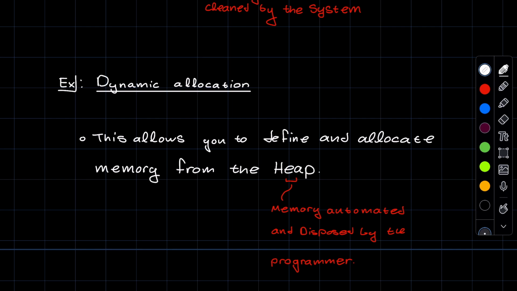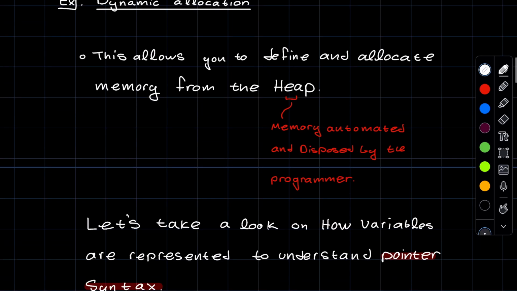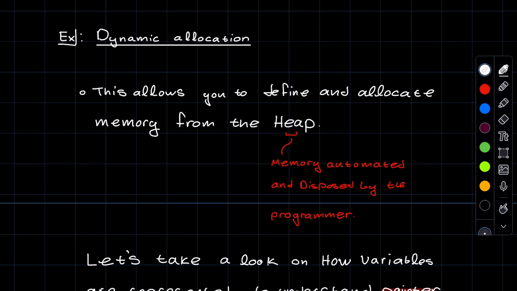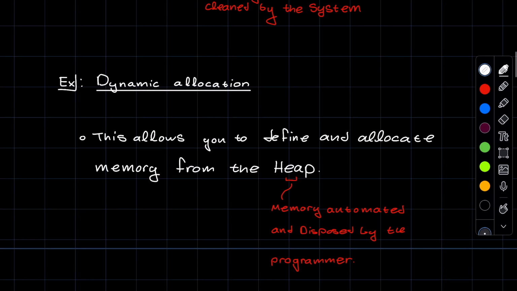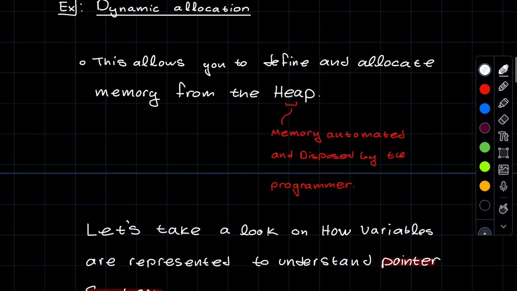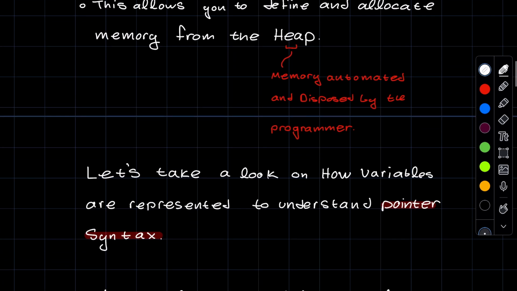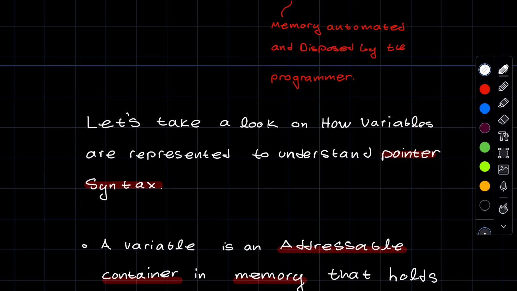So you have to make sure to take care of this memory as if it were your own child, for instance. If you don't dispose of this memory once it's done, then you're going to get things such as memory leaks, which can allow for data breaches and people to access your memory or even corrupt your program. So now that we understand the memory portion of pointers, let's take a look at how variables are represented